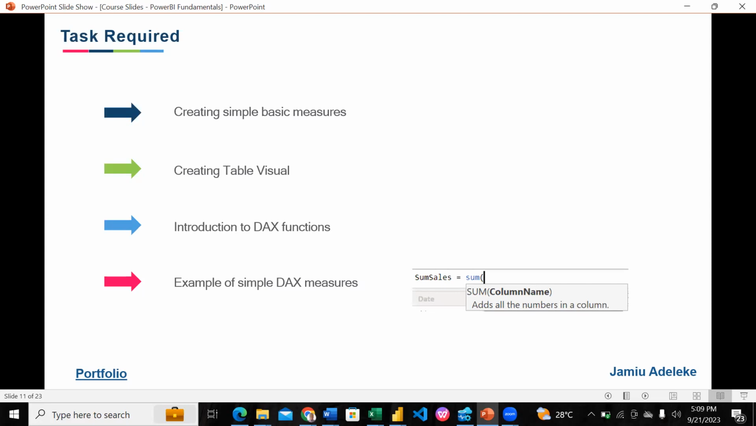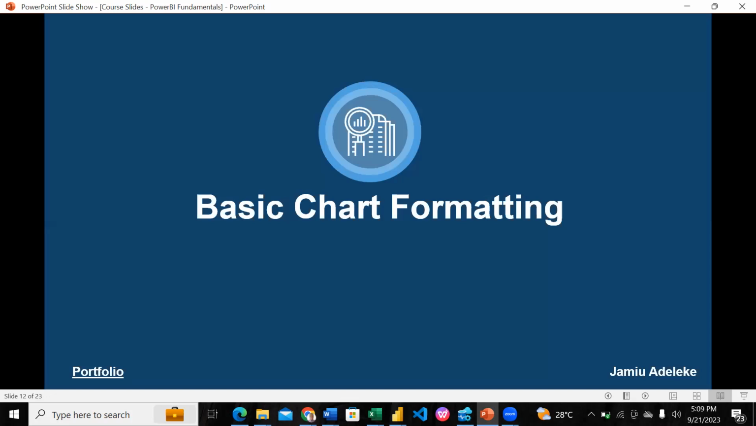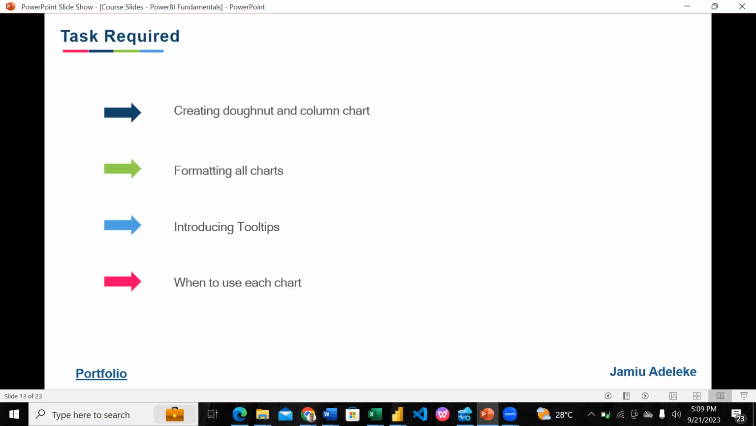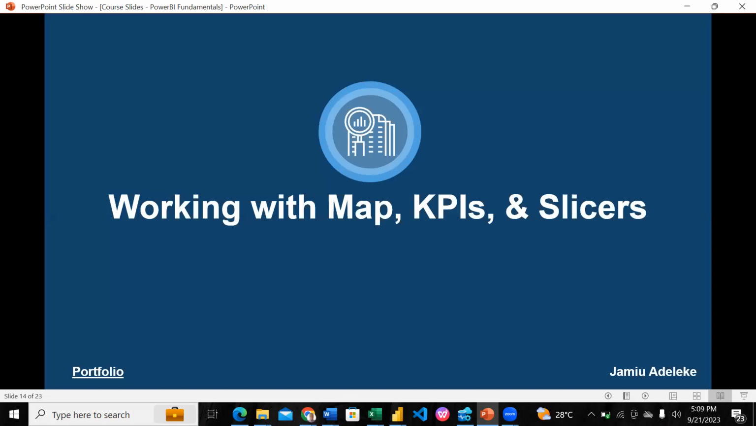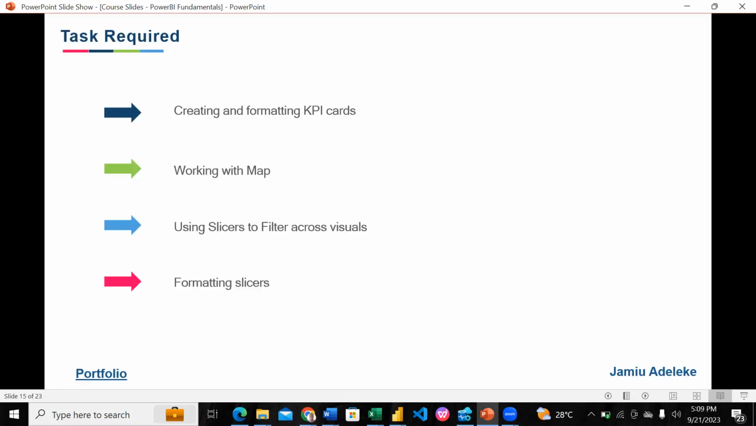So I also talked about basic chart formatting, how to create a donut and column chart, formatting all your charts using the format your visuals tab. So I also introduced you to tooltips, and we talked about maps, ArcGIS, and KPI cards. I talked about slicers too, and how you can edit your slicer across all your visuals, and you may restrict a particular